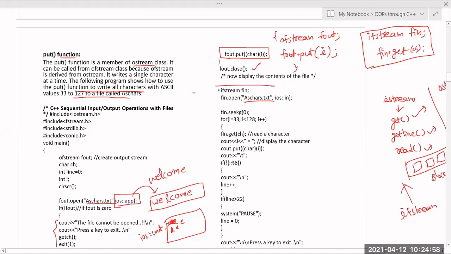And this is the extra code which is used to get that particular file. So whenever I want to read the contents from the file one by one, that is, a single character at a time, then I have to use the get function only. But whenever I am writing a character into the file, only one character at a time, then I will use the put function. Got it right?